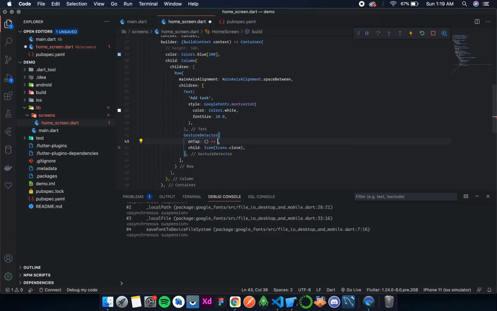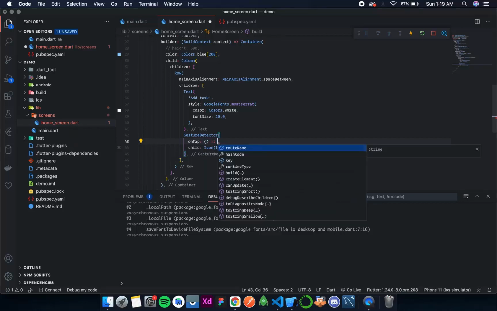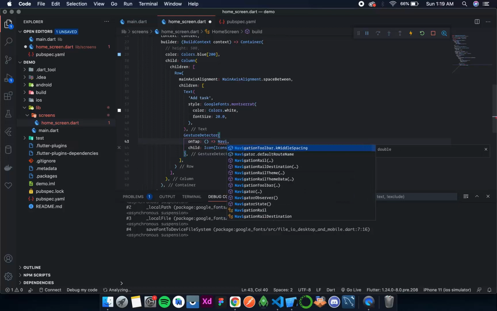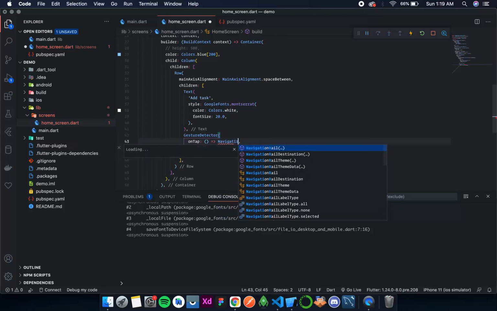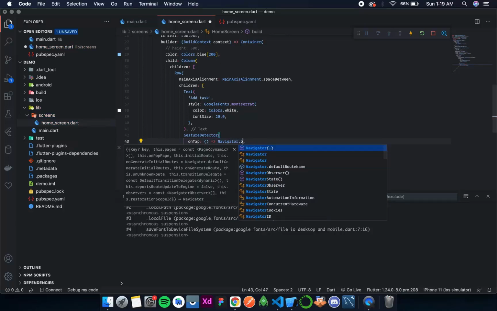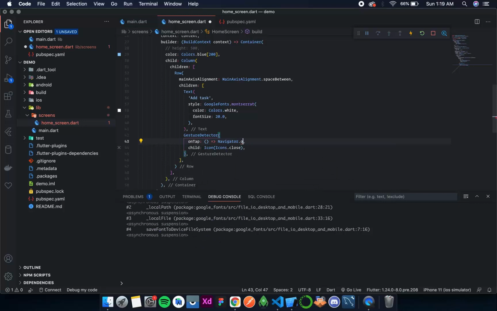Now over here it should simply close the modal sheet, and for that we simply write navigator.pop, navigator dot of context, dot pop.